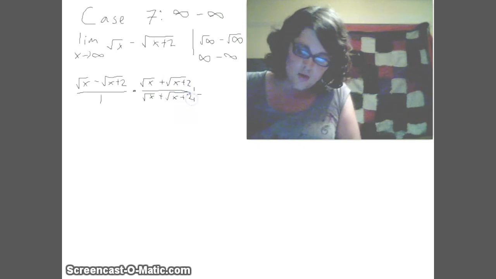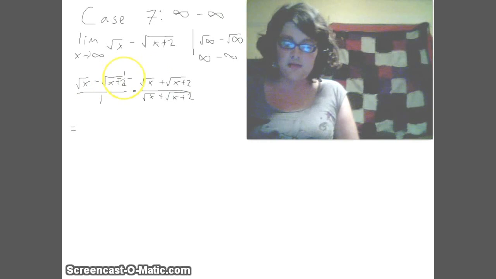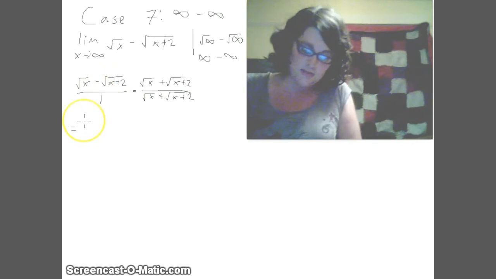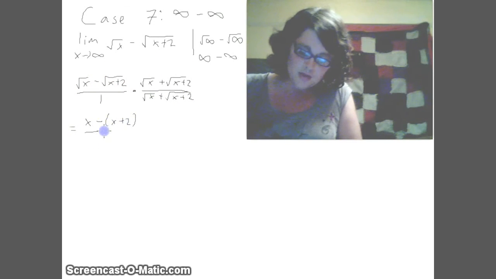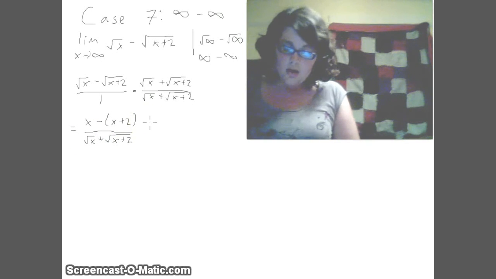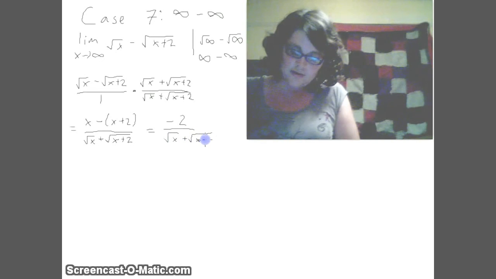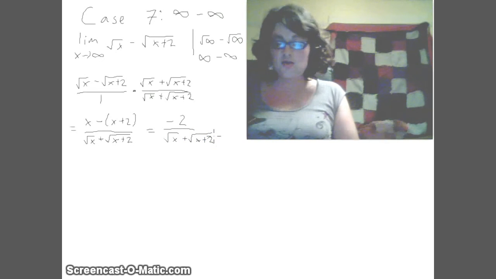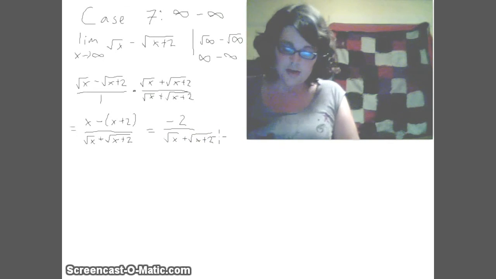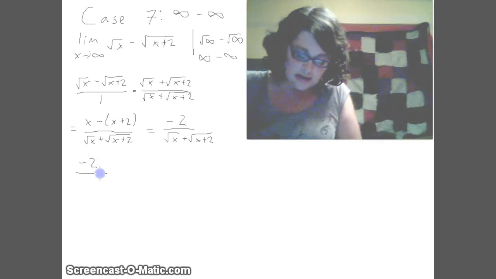Now, when we do that, this is a minus b and this is a plus b, so we're going to get an a squared minus b squared, which is going to give you an x minus x plus 2. On the bottom, we're still going to have square root of x plus square root of x plus 2. Now, if I simplify, x minus x plus 2 gives you, in fact, negative 2 over square root of x plus square root of x plus 2. And now, since we've got it all into a single term, we can try plugging in again. So this will give you negative 2